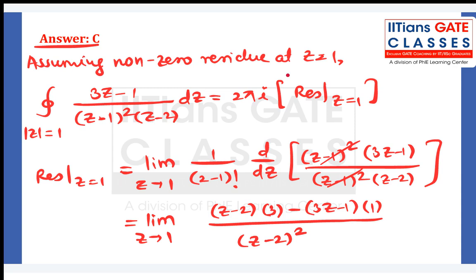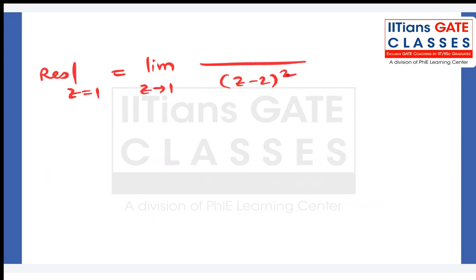Okay, and what do you have in the numerator? 3z minus 3z, so that z gets cancelled, then minus 6 plus 1, so you just have minus 5 in the numerator. Okay, and if you put z equal to 1 in this limit, you have minus 5 as the final answer, and therefore your integration,